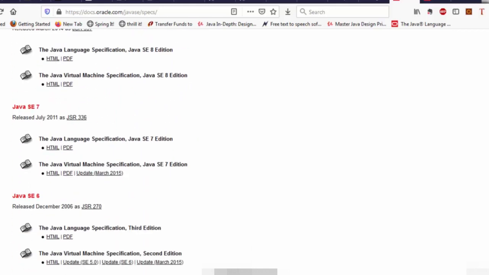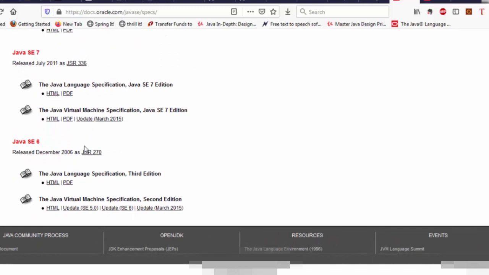So this particular document shows only till Java 6, but before Java 6 there were also 5 or 6 releases, dating back to 96 when Java came into existence. So in the first versions, like Java 1, Java 2 and so on, Java 1 was initially called JDK 1, and then there was JDK 1.1 which came out in 97.